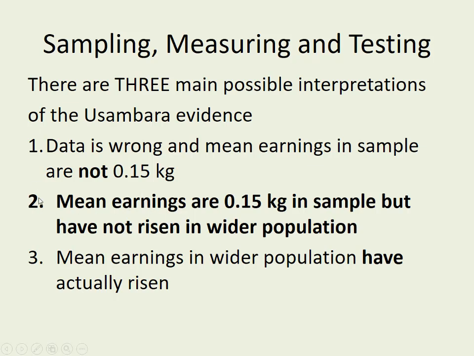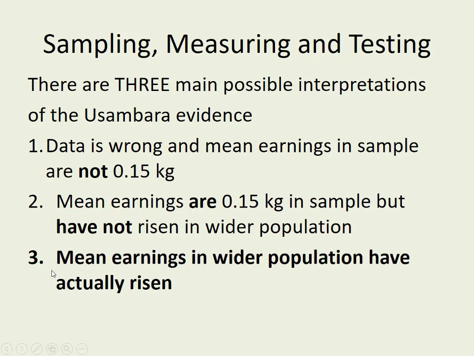However, if you can rule 1 and 2 out, then you get to 3, which is that mean earnings in the wider population have actually risen. So if you've got the right numbers from the sample, and the sample really has gone up 0.15 kilograms of tea per day, whatever it was, and that sample represents the population, you're left with definitely 3, that the wider population has actually risen,